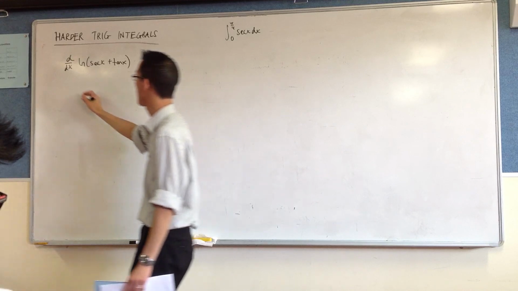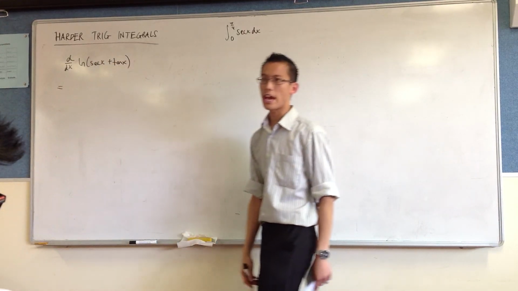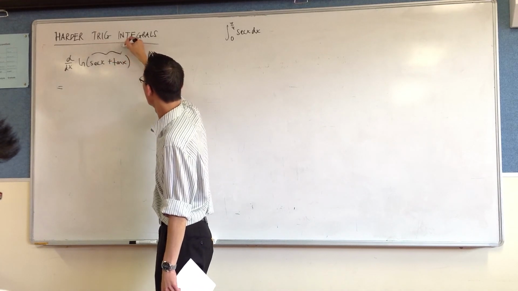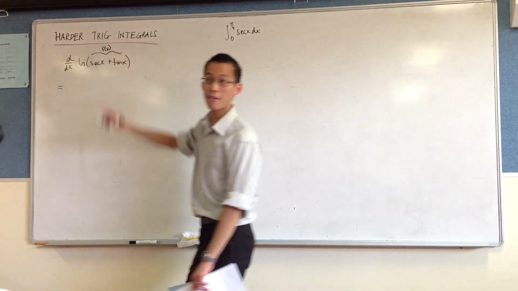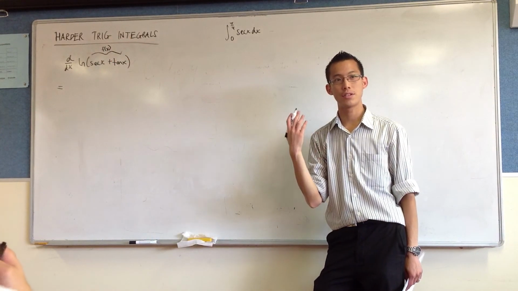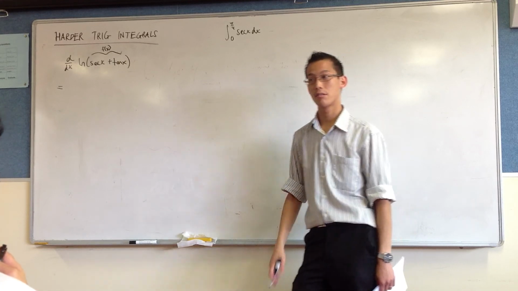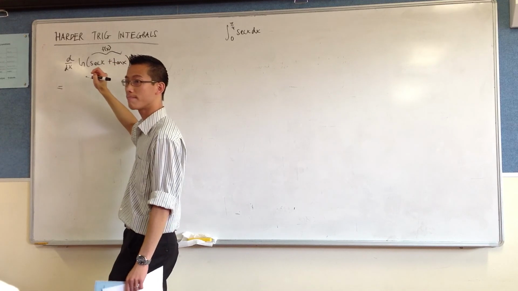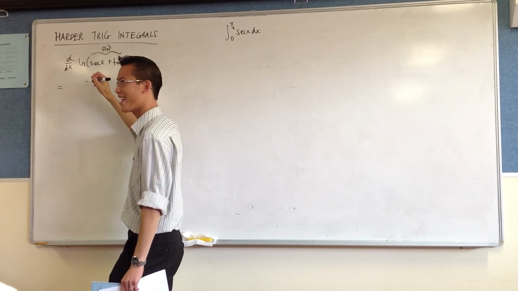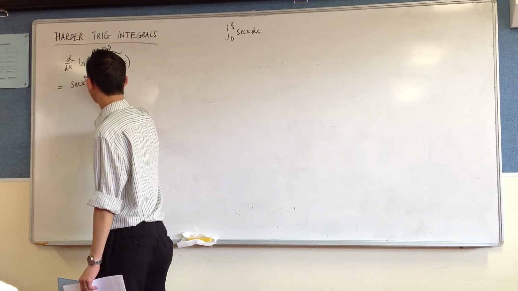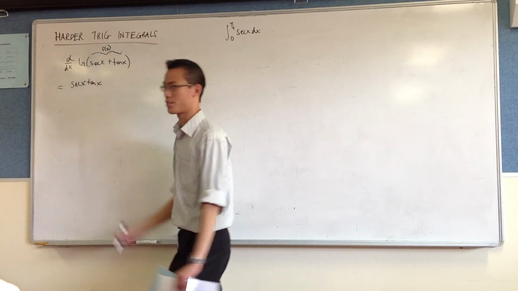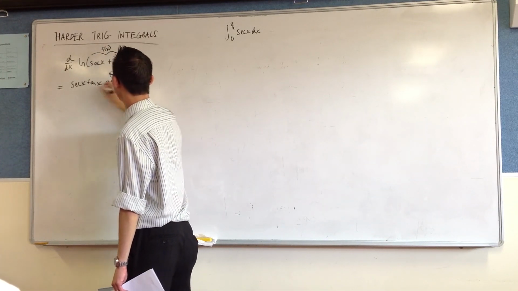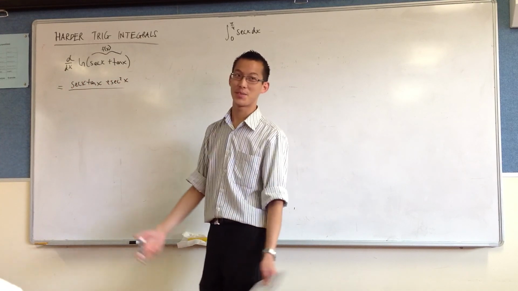So this is a similar kind of situation. So let's differentiate and see what happens. This is chain rule for a log. So you've got this thing in here as your inside function, call it f, and so the derivative is just f dash on f. So let's go term by term. What are the derivatives? Sec turns into sec tan. And of course tan just turns into sec squared. That's f dash, and you divide by f,